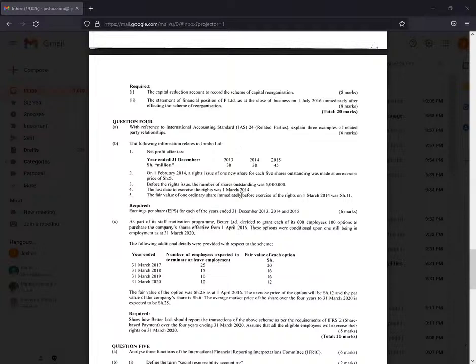Note number 4 is noise. I'll delete it. They're simply putting it there to confuse the easily confusable students. Note number 5, the fair value of 1 ordinary share immediately before exercise of the rights on 1st March 2014 was shillings 11. Now, what a good student will do in such a question is to single out and identify,